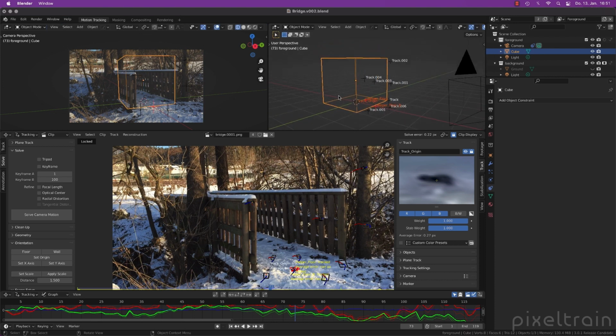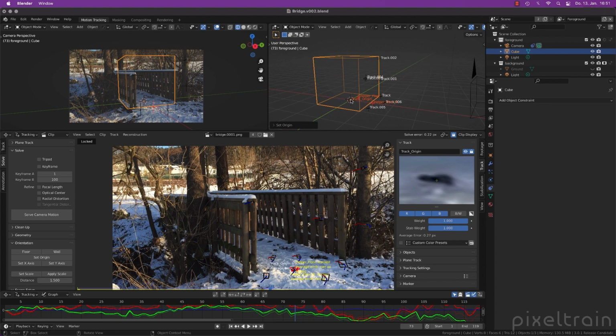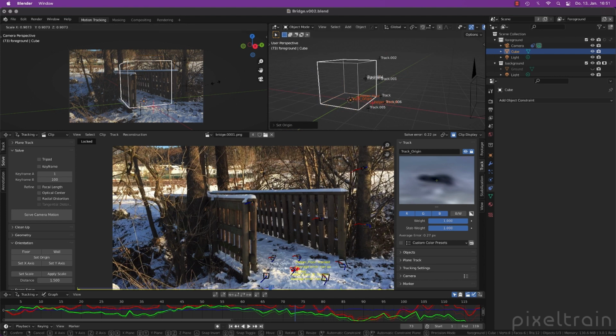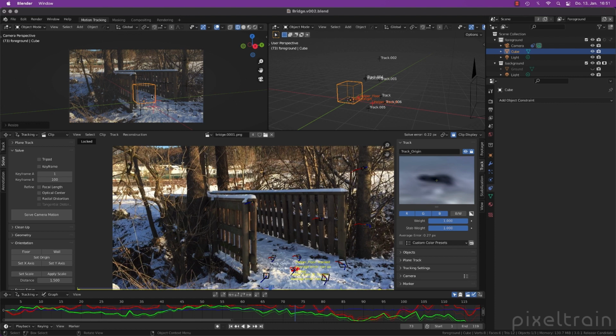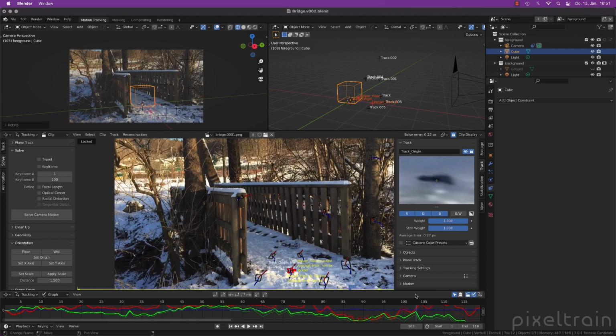Tab then to go out of the edit mode, and then under object, set origin, I set now my origin to this selected face where the 3D cursor sits, and then I can press the S key and scale this cube down until it fits here in my scene. If you want, you can press R and Z to rotate this a little bit around. Sometimes I use more than one object here. You can copy it around, but in my case, this position here is quite good.